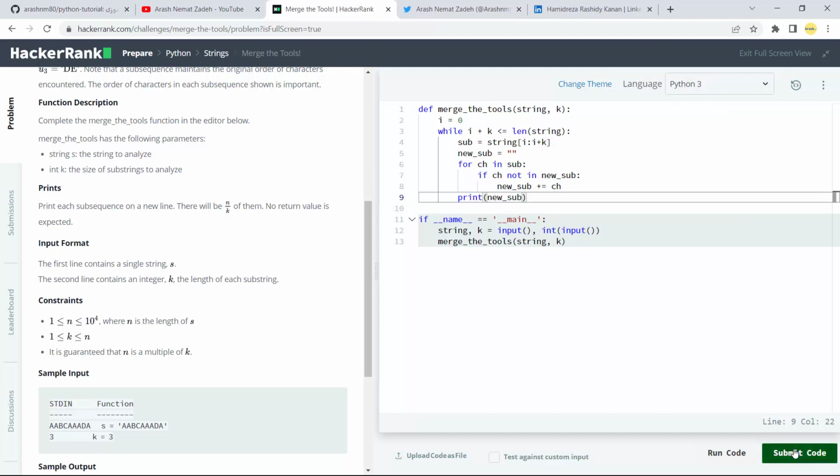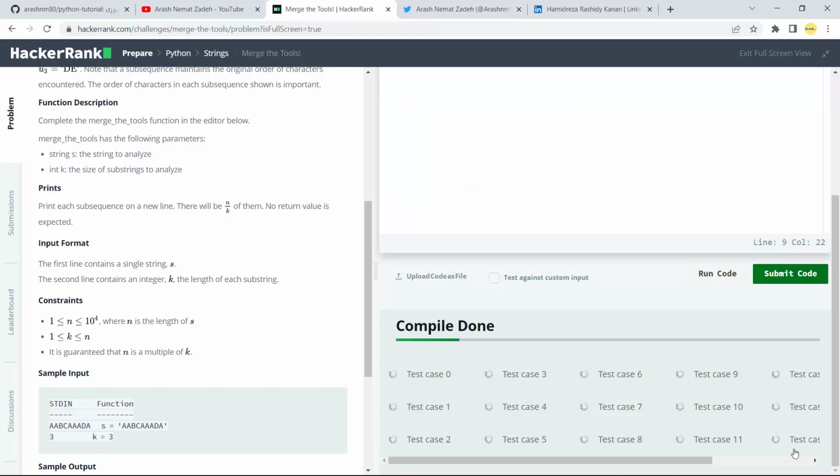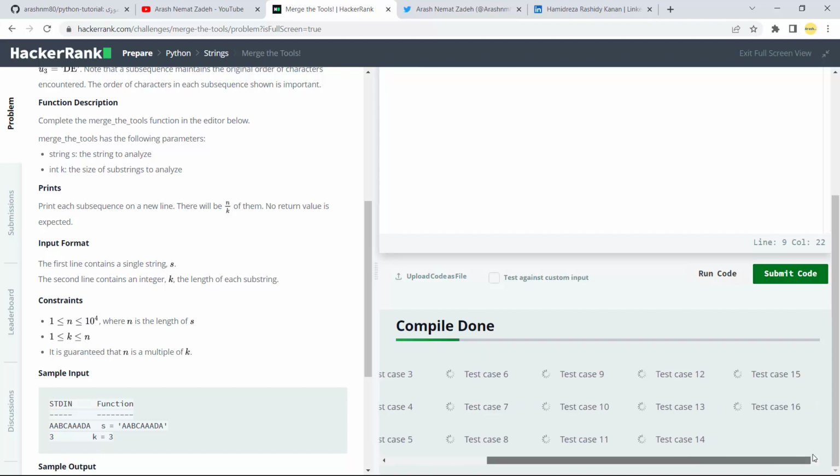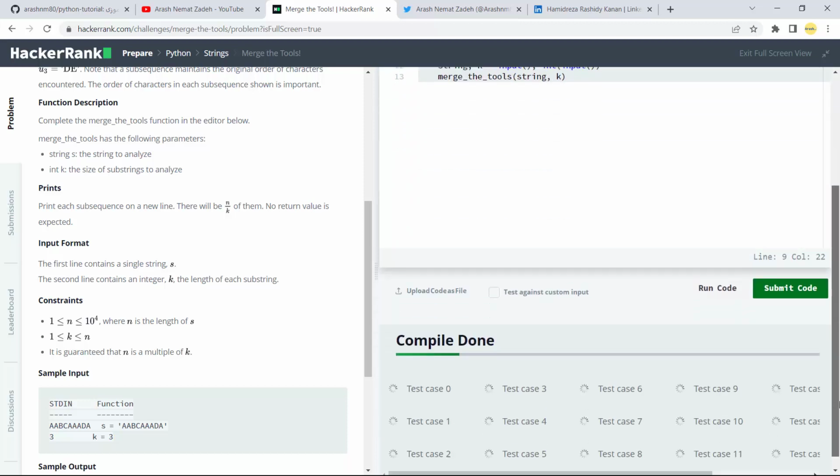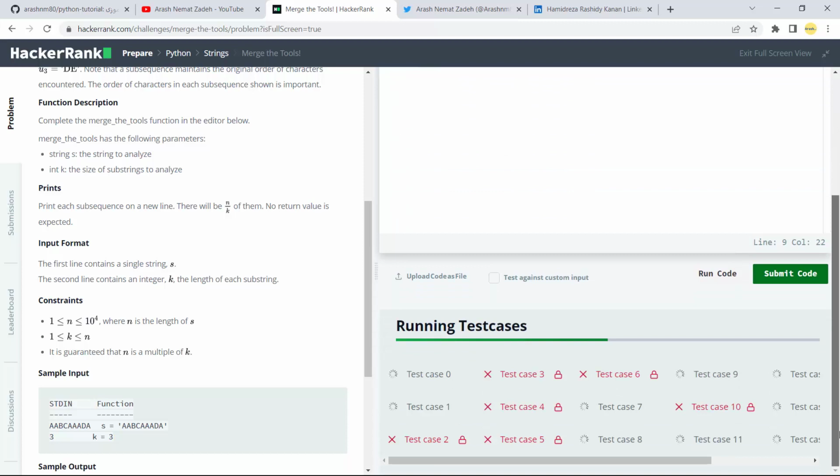Alright, let's submit the code. It is checking with multiple test cases. All of them are wrong. Let's check